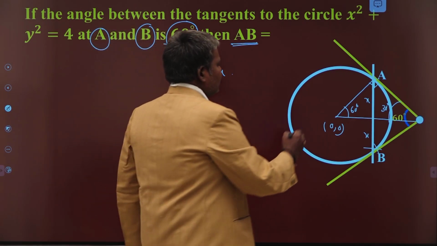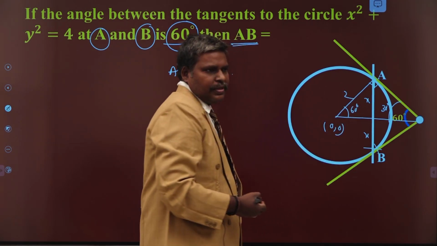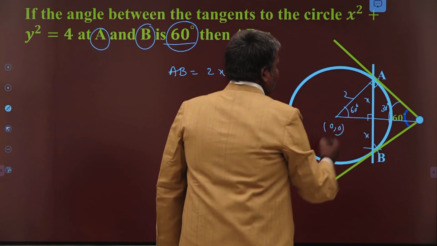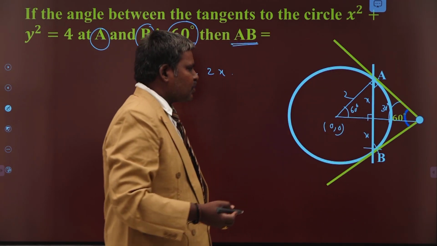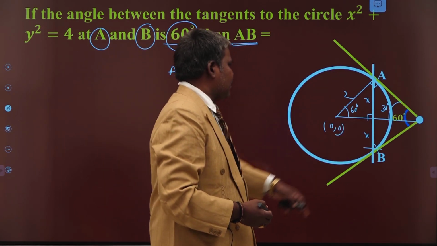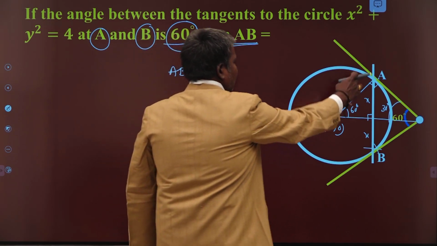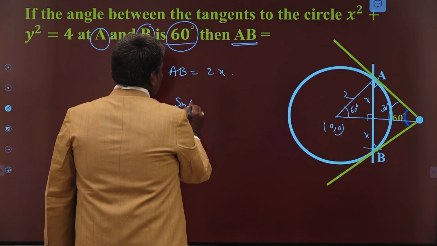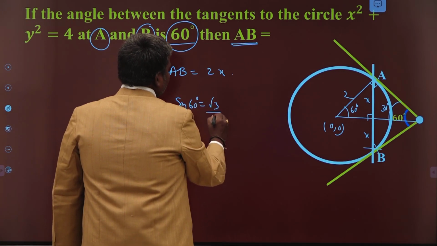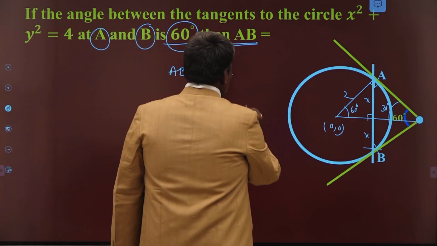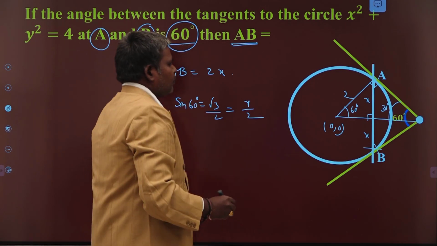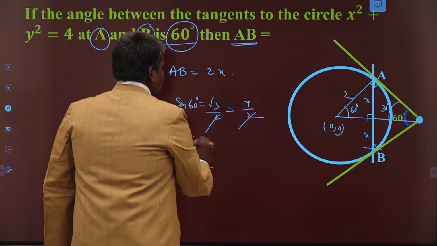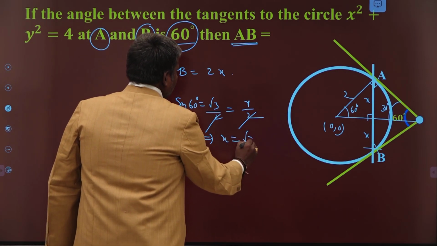What is the radius of the circle itself? The radius of the circle is 2. Now from this right angled triangle, every perpendicular bisector should pass through the center of the circle. So the angle is 90 degrees here. From this right angle triangle, can you take sin theta or not? Sin 60 degrees is equal to root 3 by 2, that is equal to x by 2. 2 gets cancelled. Implies x is equal to root 3.